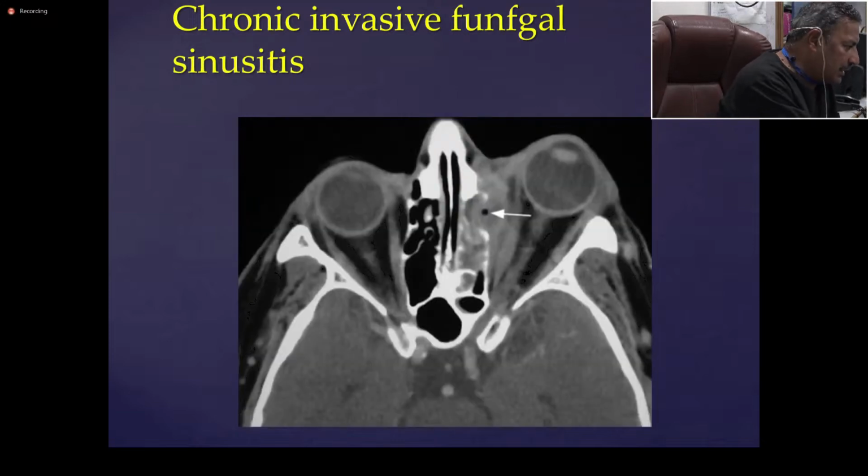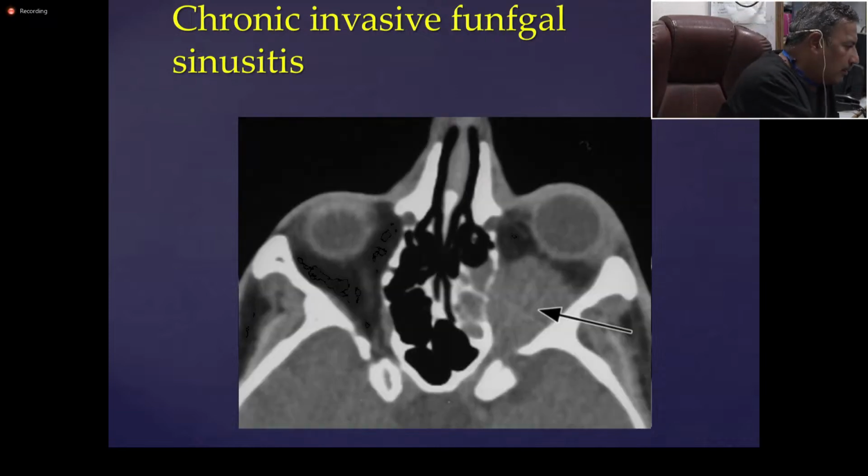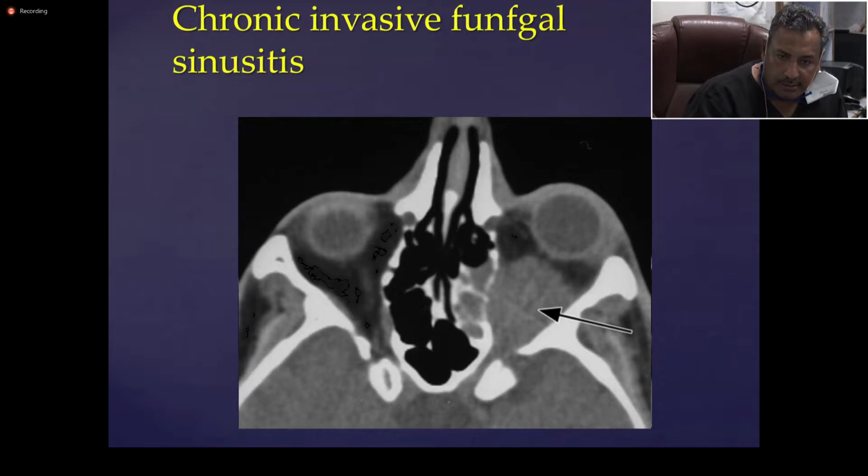cure this disease. See now, another example, minimal ethmoidal disease, and see the adjacent orbital invasion. More examples, see this minimal ethmoidal disease and massive orbital invasion, minimal paranasal sinus disease, looks like a tumor or something in the orbital apex. Take a biopsy and it proves to be a chronic invasive aspergillosis, and you don't need to do any radical removal